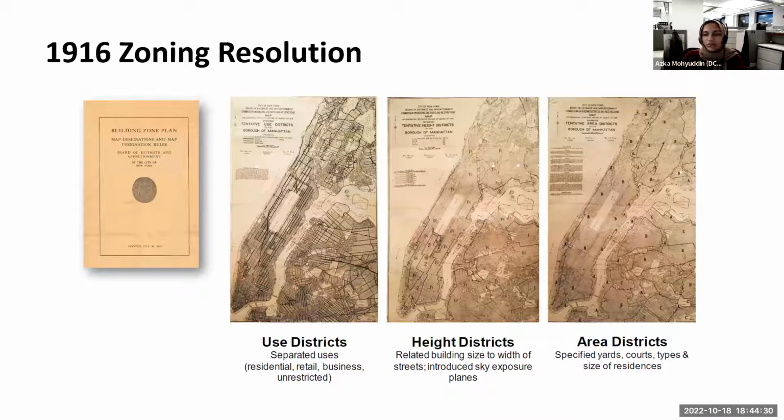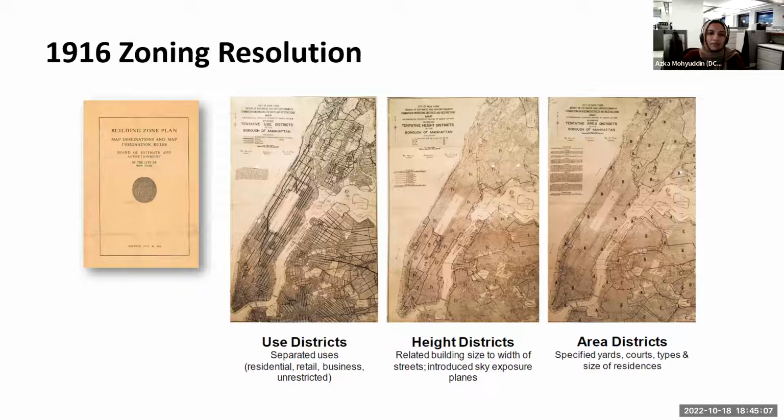So it separated uses in the different use districts. It created height districts, which controlled how high you could build based on the street you're on, wide streets versus narrow streets, things like that. It created area districts that had very specific yard, court, and types of residential regulations addressing the concerns that came before. However, over time, the zoning resolution became something that